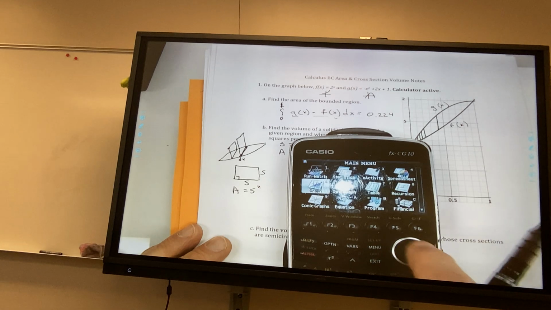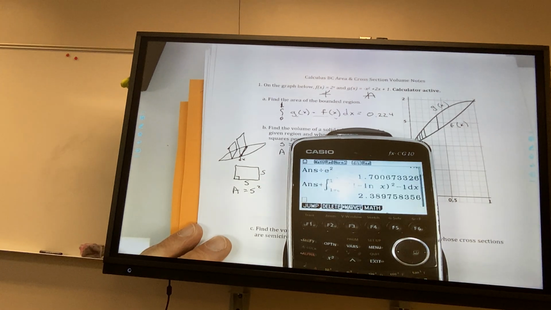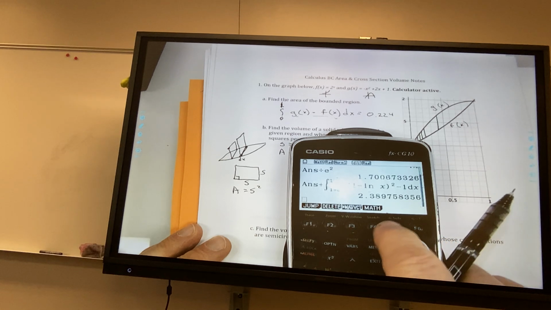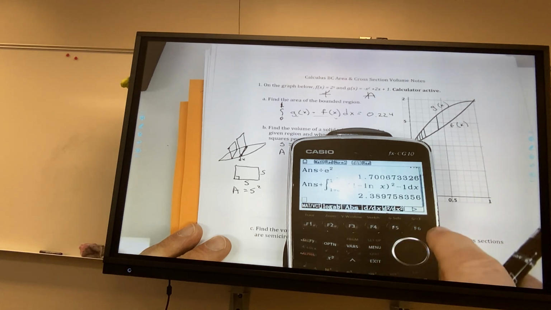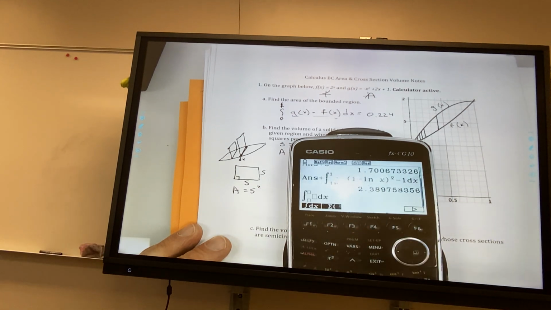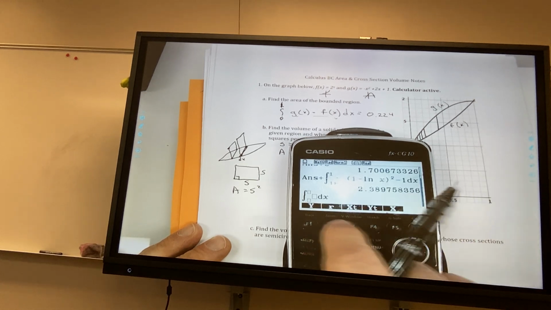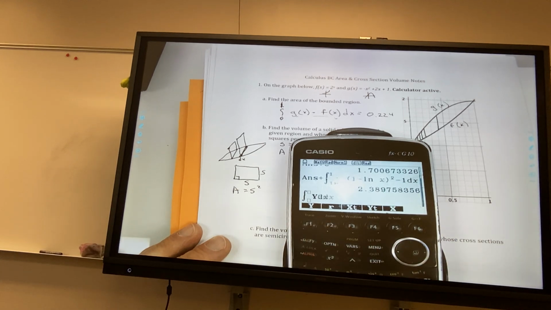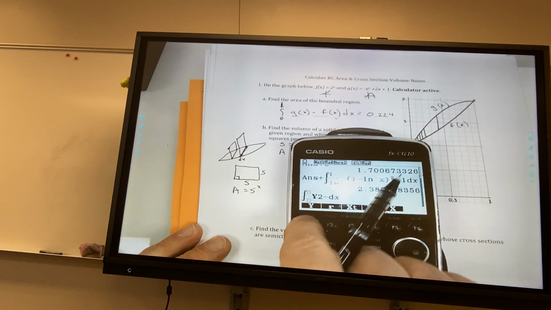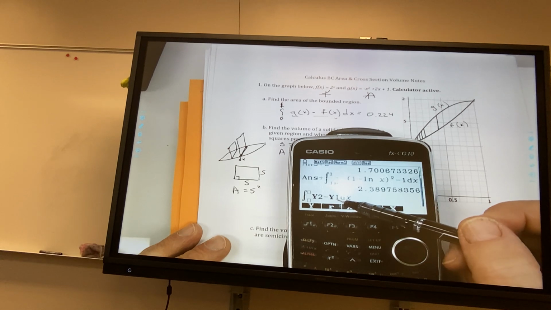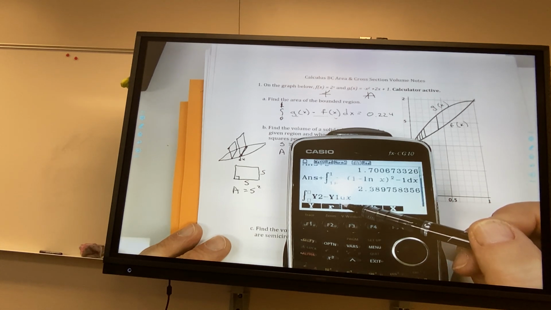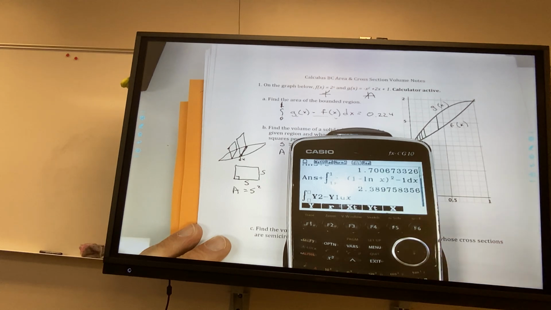Now I'm going to leave that, and this is what you can do. You can go to your math button on your TI, and you can find where you can integrate. And again, I'm going to go to bars, and you have a bars button, and I'm going to have y2, because that was my second function, minus y1. I can't write y2 minus y1 as an answer. I have to say g of x, f of x. Everybody understand that? And this is going to be 1, this is going to be 0, and there's my answer,